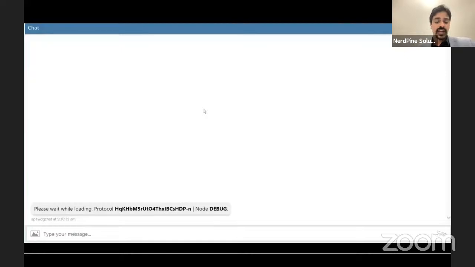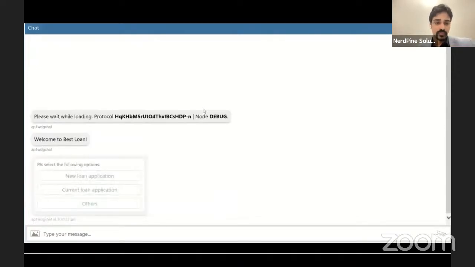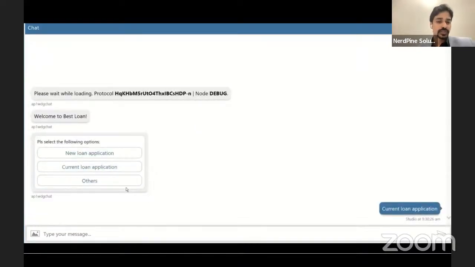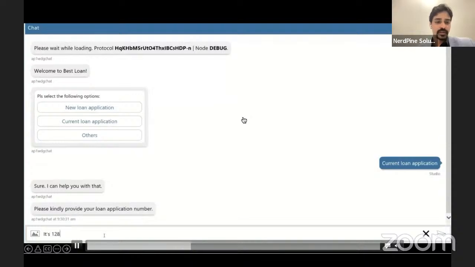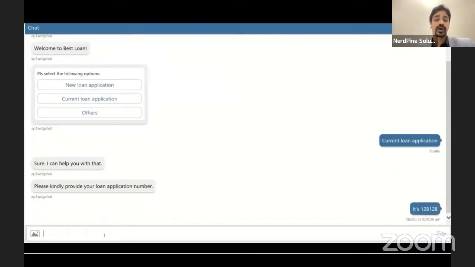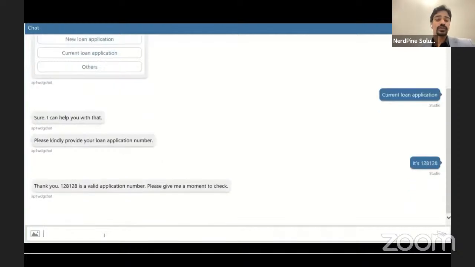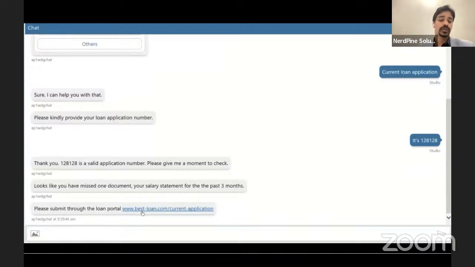So this is the interface of a chatbot, which can be integrated, deployed on, let's say, the bank's website or on their mobile application as well. So you can have this bot. The moment the bot starts, you can hyperlink certain options here, like the kind of options that you can insert about the bank services. So we have entered about a loan application. The bot is asking the customer to first provide their application number. So you can have this natural interaction happening with the bot,